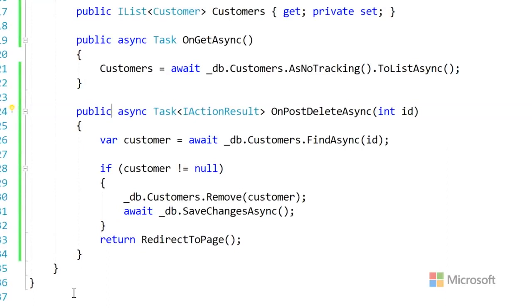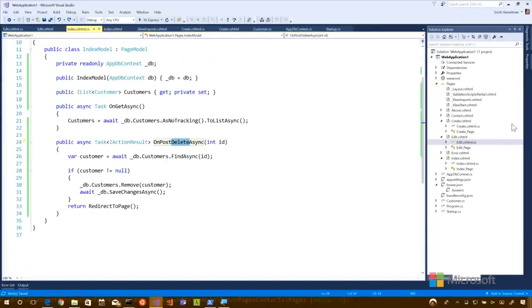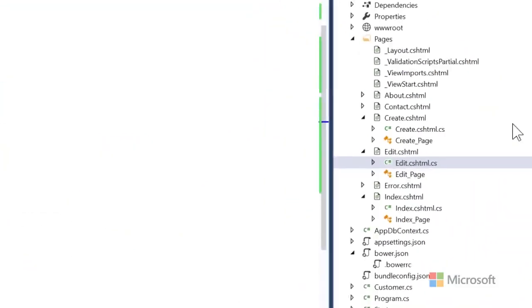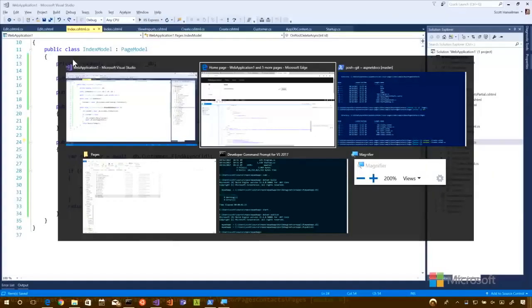Cool? So we saw lots of different handlers like gets and posts and custom handlers like delete. We saw some tag helpers that will generate buttons and links for us. We saw layout pages. We saw validation, both summary and individual. And we looked at routing in a little more detail. Actually, one thing worth pointing out about routing as well, if